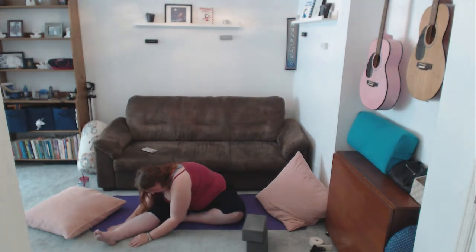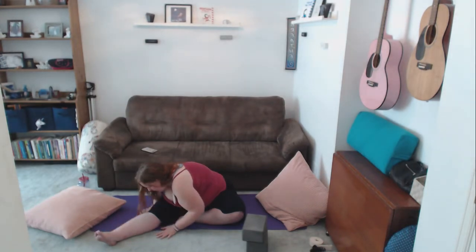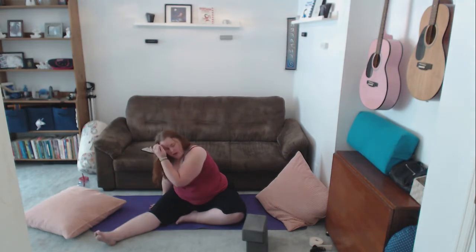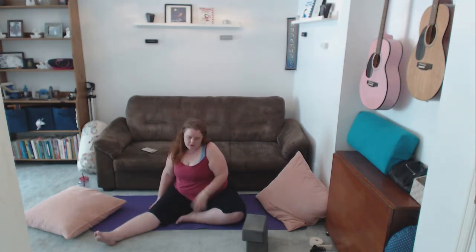So one last deep breath here. And then hands down to thighs or the floor or whatever's handy and nearby, and press your upper body up. Take your time. Nice and slow. Sometimes there's a little blood pressure shift when you come up, so if you feel a little dizzy, it's fine. Just take a deep breath. If for any reason that feels unsafe in your body, then you always just change things, skip them, do what